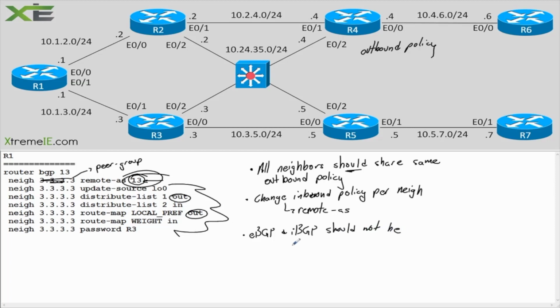Be mixed. Meaning that you should not have a peer group here, so I should not go in and say neighbor whatever, blah, blah, and then say remote 27, or 32 or whatever, right? I just messed that up, but you get the point. So this should never have a different remote autonomous system than what you're putting into the peer group. If you're going to have neighbors that have different autonomous systems like this, then you're better off just leaving out